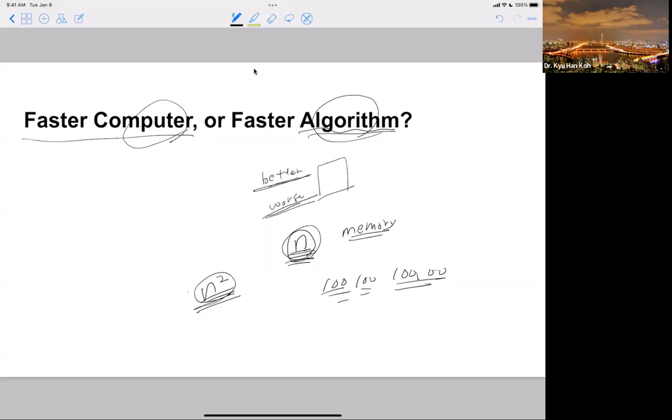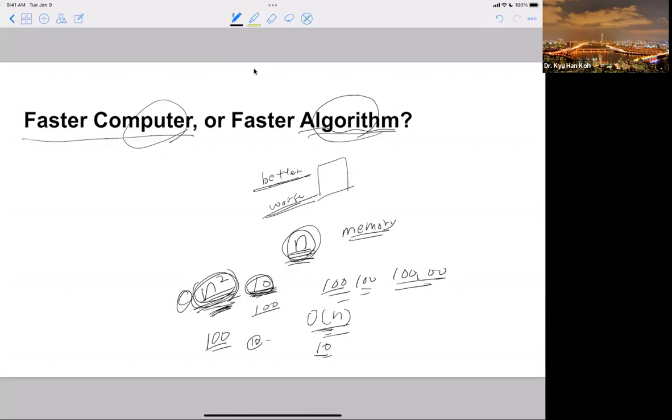But in your case, for example, if your problem size is 10 or 100, and one is big O or big theta n square, another one is big O n, algorithm wise this one is significantly worse than this one, right? If you try a problem size of 10, that is 100 and this is 10, of course this is 10 times slower, but